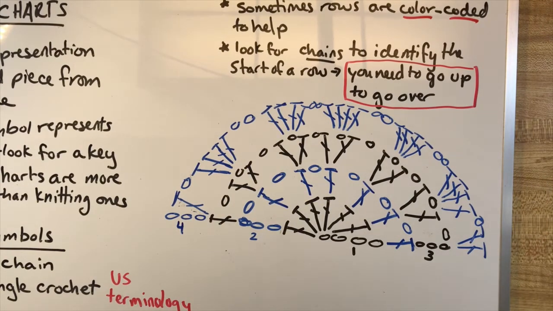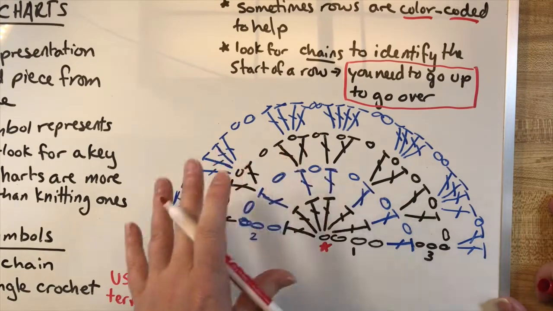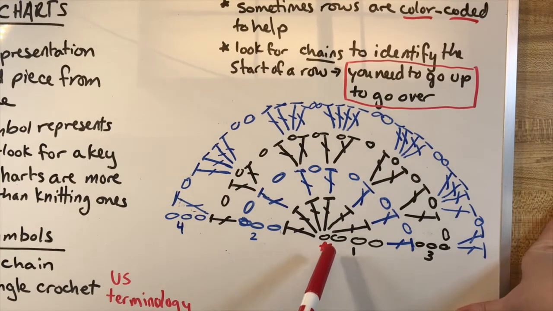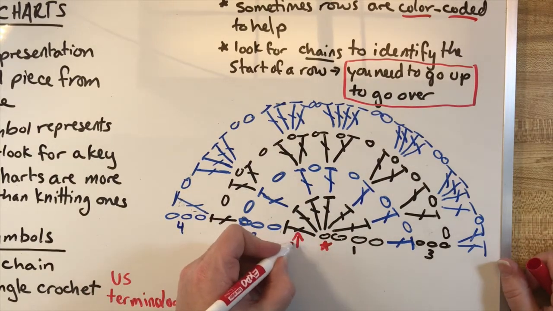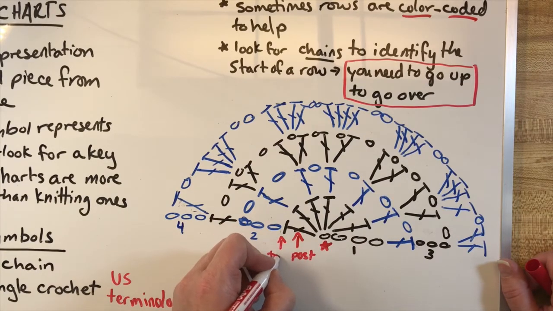So if I was going to read this, and I know the chart is not there, but bear with me. Okay? Here is our starting point in this chart. This is an expanding shawl pattern. If I was going to read row 1, 1, 2, 3, 4, I'm going to chain 4. And then these are all double crochets because we've got post, we have top of stitch,